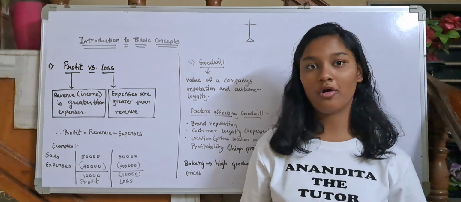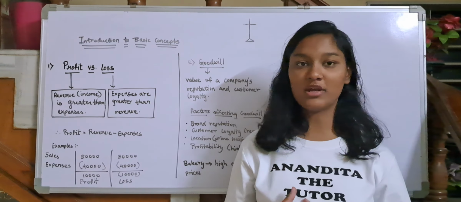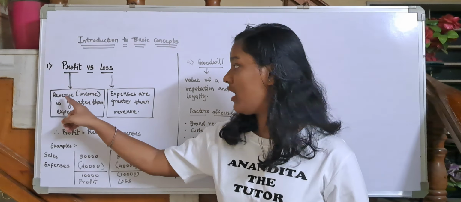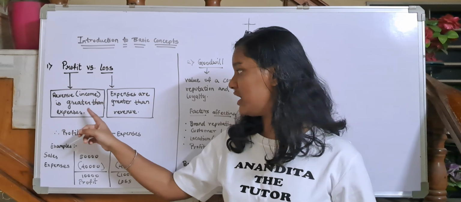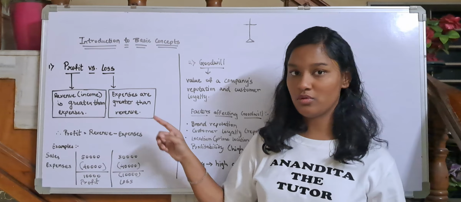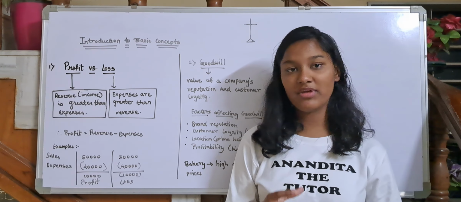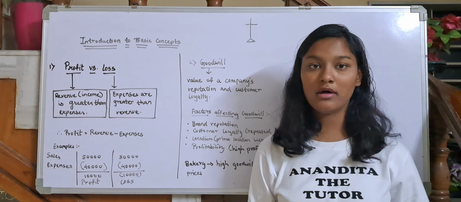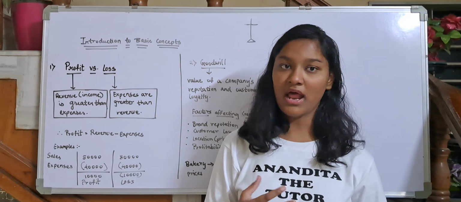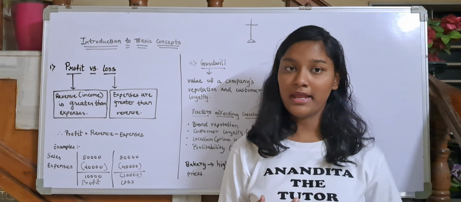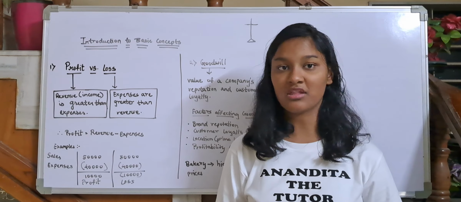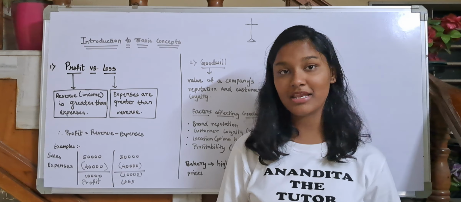So profit and loss, you all must know, are two opposite terms. What is profit and what is loss? Profit is when revenue, that is income, is greater than expenses, and loss is when expenses are greater than revenue. So basically, what is revenue? Revenue is the income. From where do I earn my income? From sales. So when my sales are higher than my expenses, I earn profit, and whenever my sales are lower than my expenses,